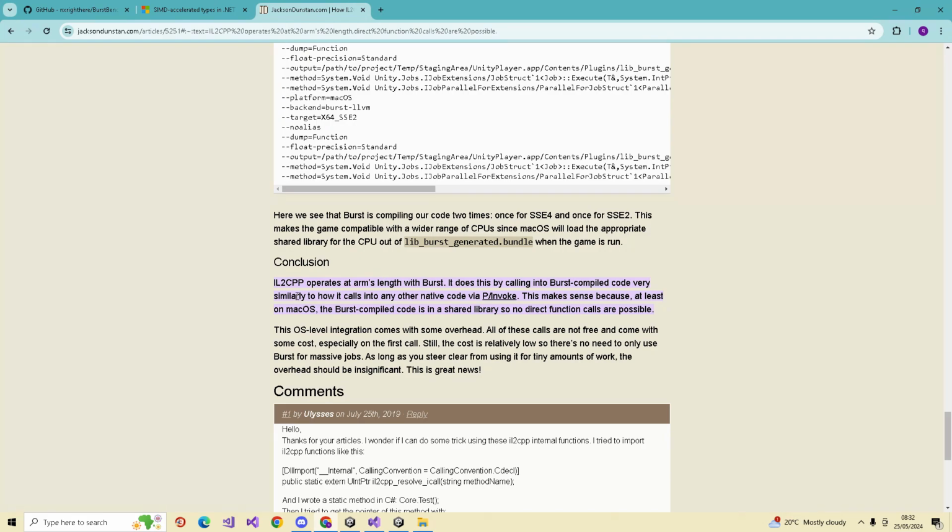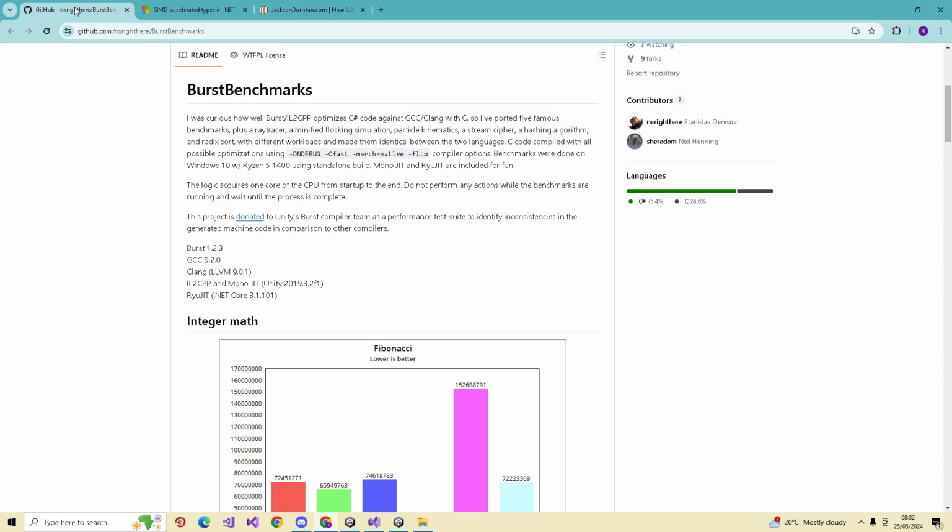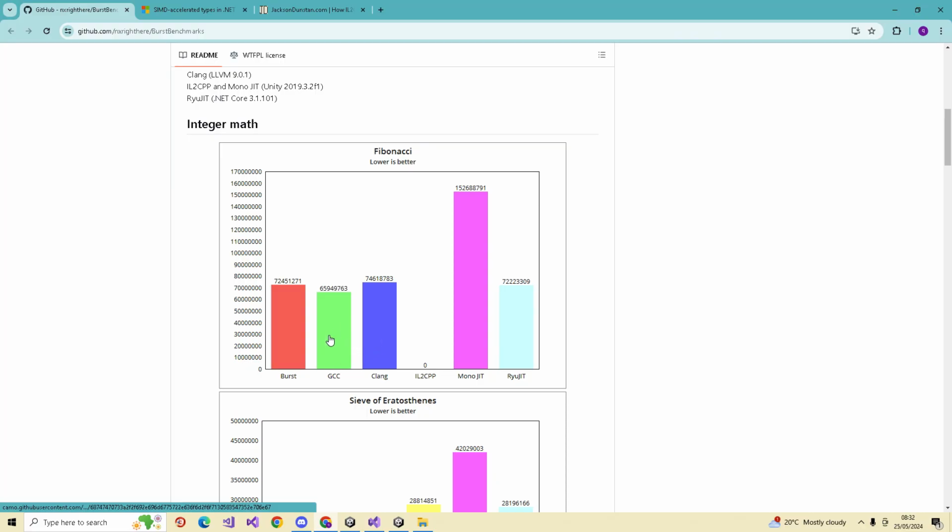What I was also looking at is IL2CPP interaction with Burst, and I wanted to compare. The argument is that these are some results for different things. This is GCC, this is GNU compiled C++, versus Burst Clang compiled. This is just straightforward Mono Unity C#. That Fibonacci looks similar to stuff from years ago.